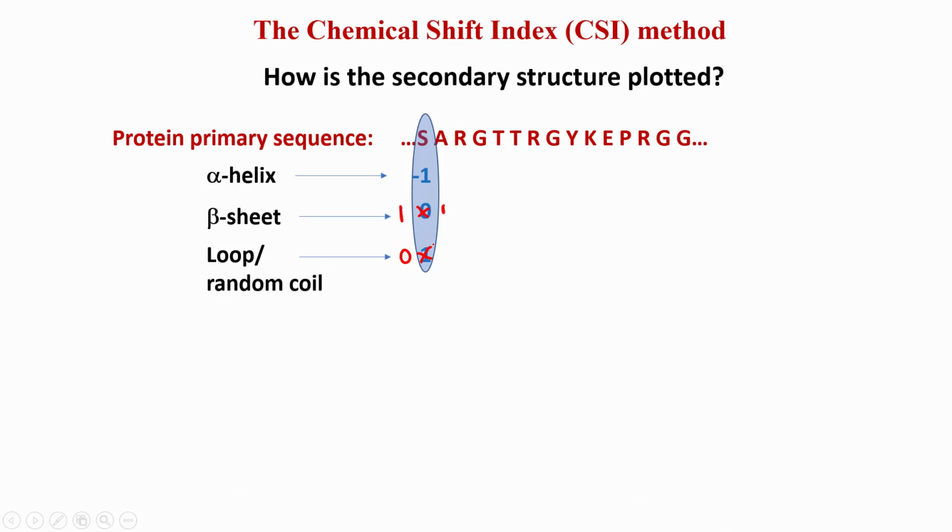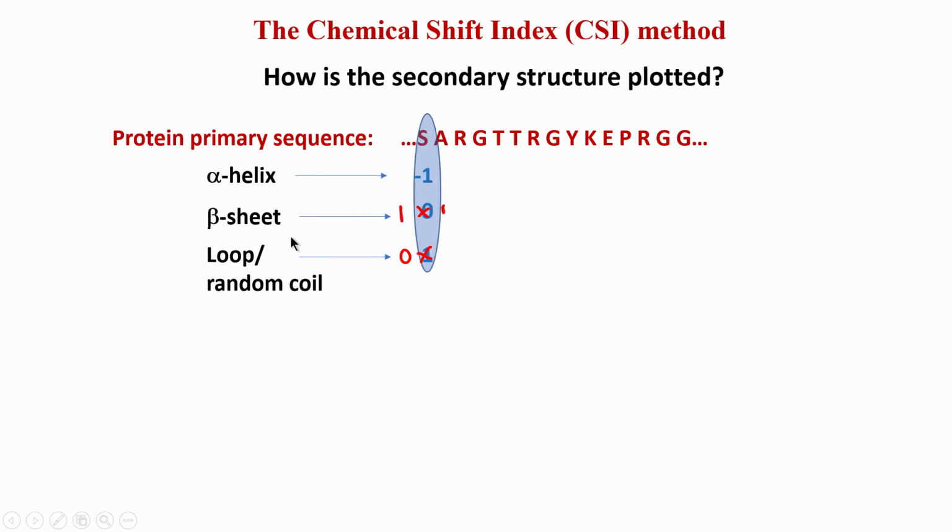So, if this serine is found in a beta sheet conformation based on this approach which we saw in the last class, then that particular serine will be given an arbitrary number 1. Then similarly loop, if it belongs to a loop region based again on the chemical shift values, we will assign it a value 0. So, we are simply assigning every amino acid either 1, 0, or -1 based on whether it is in alpha helix, beta sheet or not, which was calculated using the CSI method.